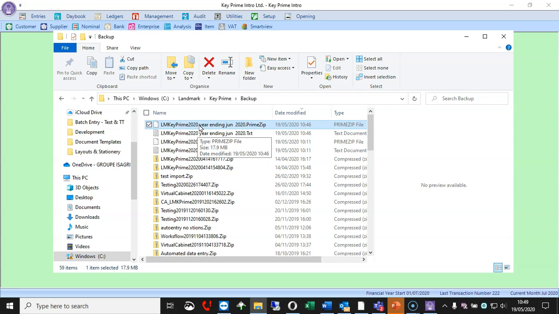Again, you can drag and drop this file onto their web page, and you put your email and your accountant's email in, and that will then uplift the file and send it off to the accountant, and you will get an email saying there is this file available to download. So that is another option of getting the data to your accountant if they've got KEYPrime.